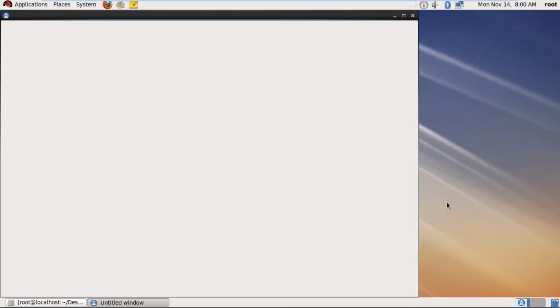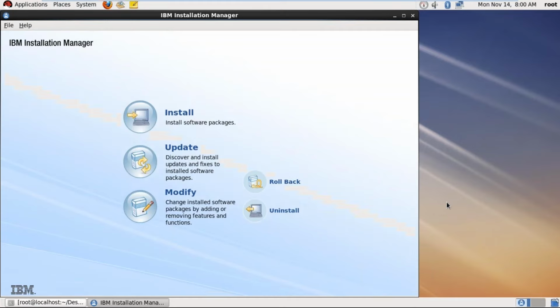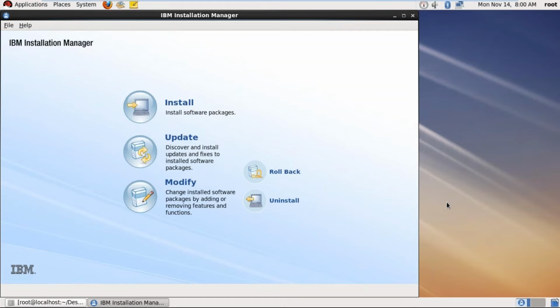This is the window. Here is the install button for installing the software packages. Any product from WebSphere, we can install, update, modify, rollback, and uninstall.